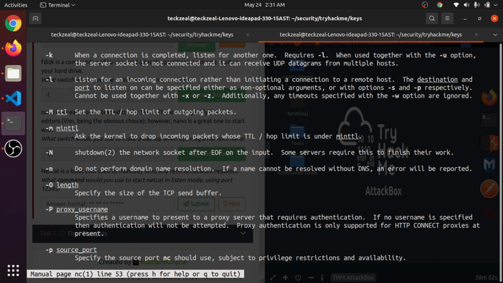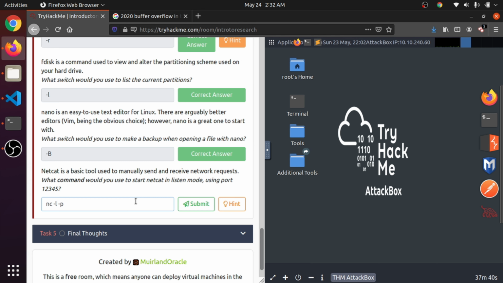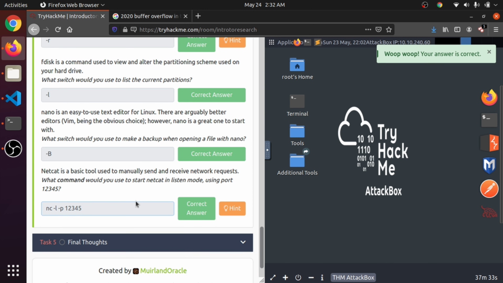To listen for incoming connections, we want to use two options here. So we'll write nc, which is the first command, then -l, which is for listen mode, then -p for the port number, space, 12345. Okay, this is the correct answer.